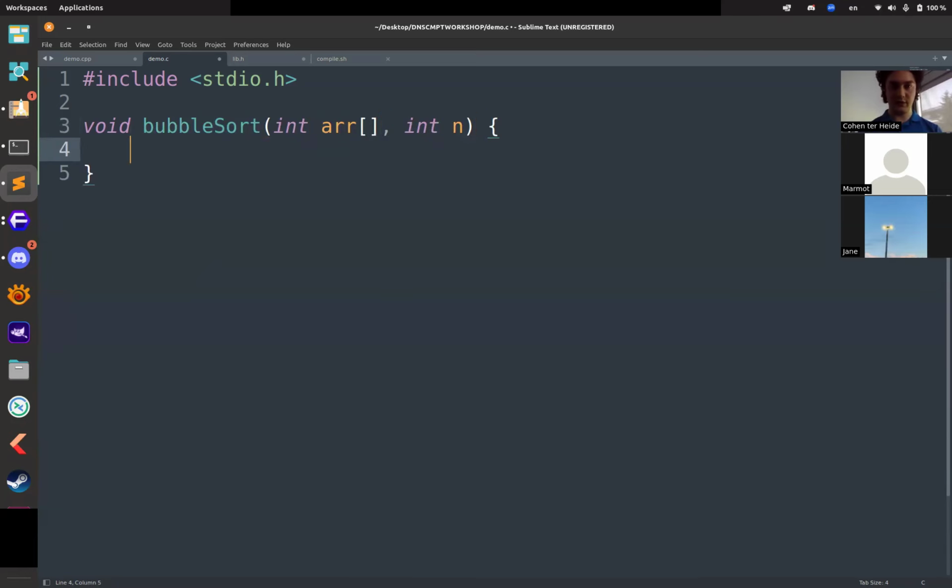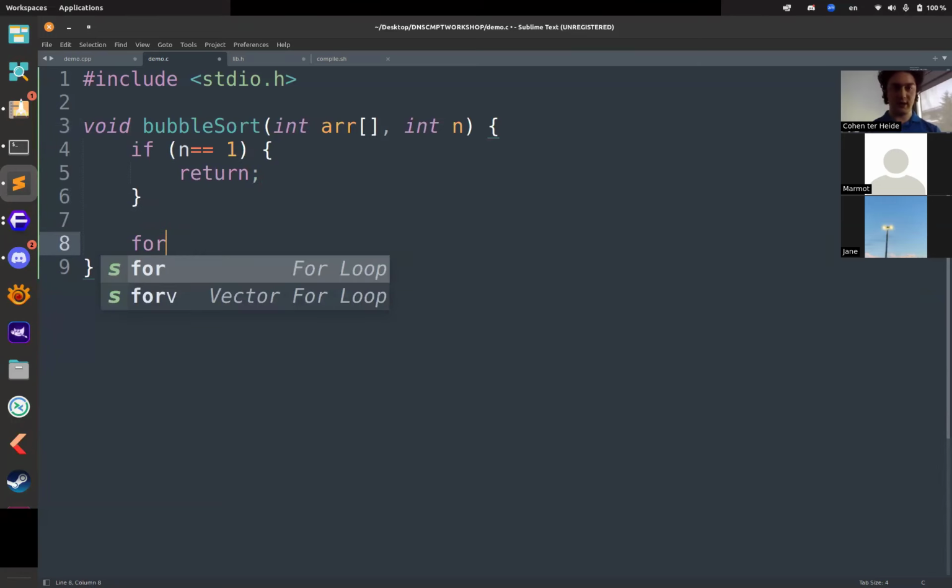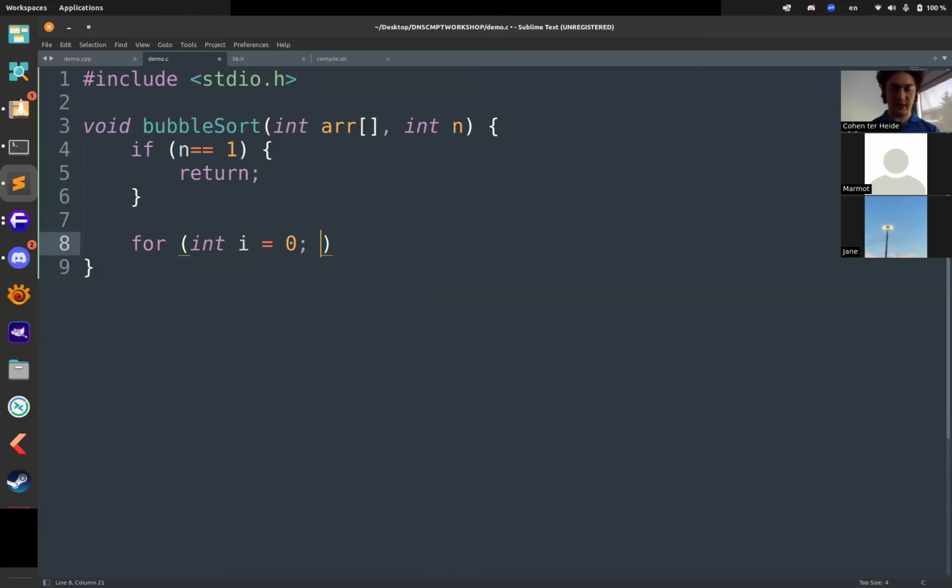For recursion to end, we need to set a condition for the recursion to end. So we're going to do n equals 1, and then we'll just return there. This is a void. Then we'll set up the sort. So int i equals 0, while i is less than n minus 1, i plus plus. And if the array of i is less than array of i plus 1, then